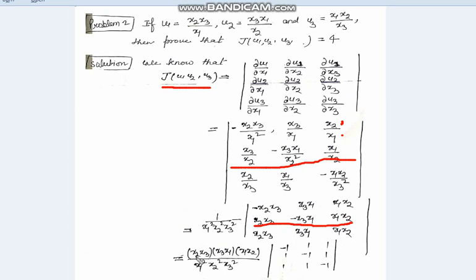We see here x2 has power 2, 1 and 2. Similarly x3 is 2 times, x3 power 2, and x1 is also 2 times. So we can cancel out numerator by denominator, and the determinant of this matrix is equal to 4. You can check it yourself.